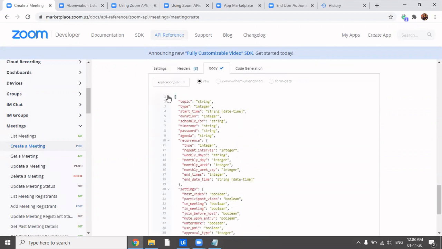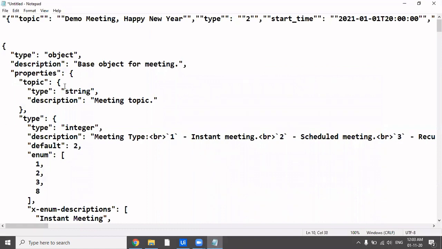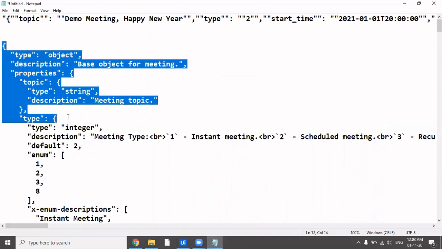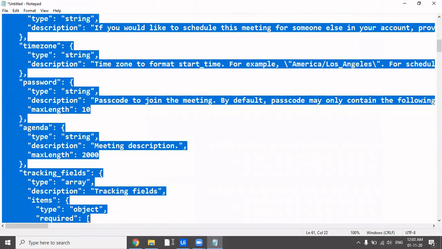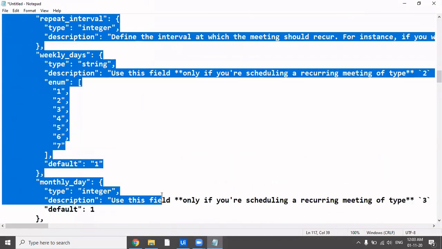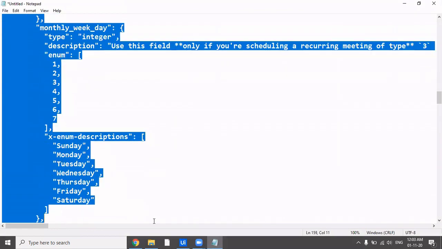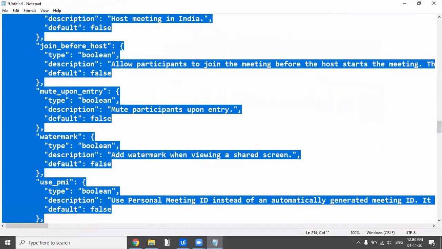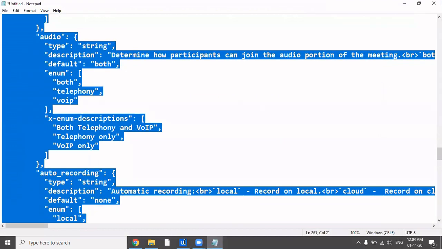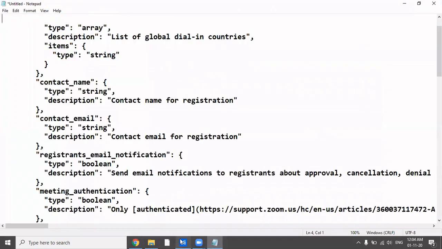So if you just want to save the time and play smart, you can just copy this thing from here and paste it in your notepad, then put in the entries. And as you know, you have to pass this entire body as a string because that's what UiPath demands. So you have to take care of that, that you put in all the colons and all the double quotes.